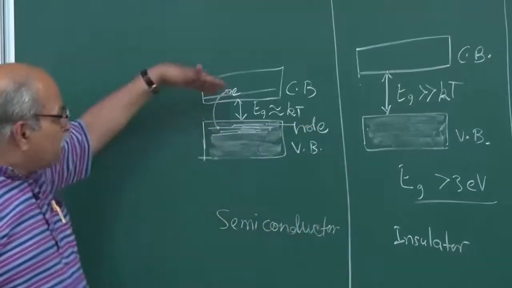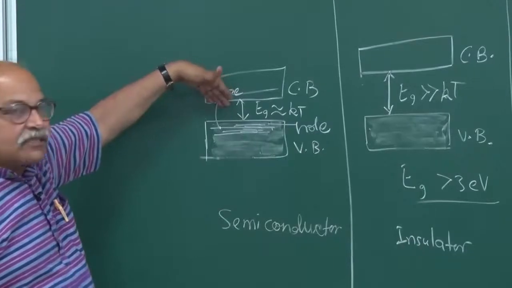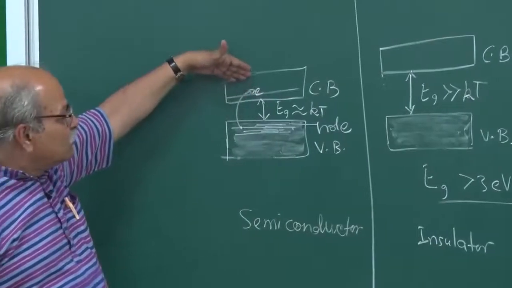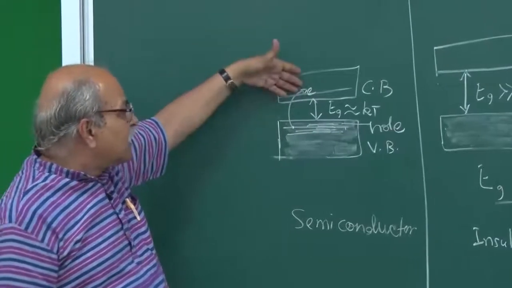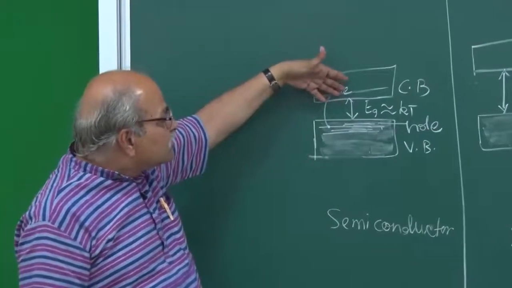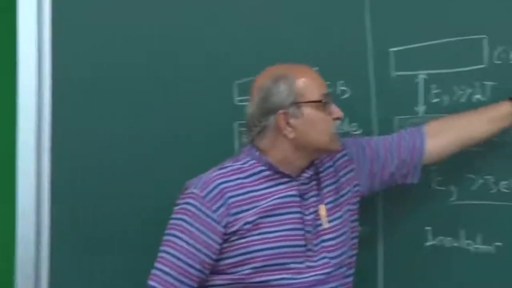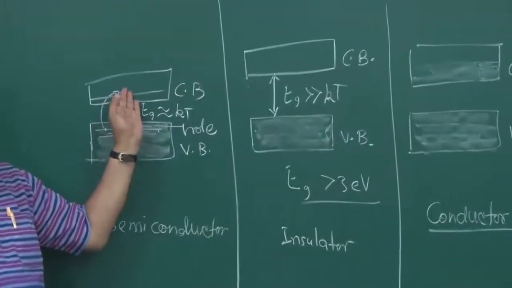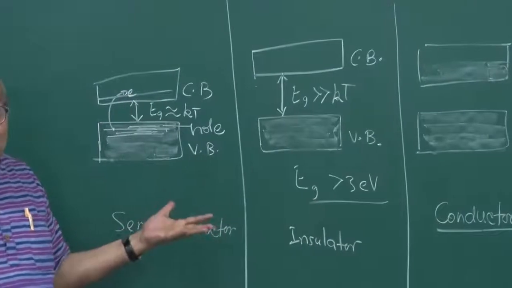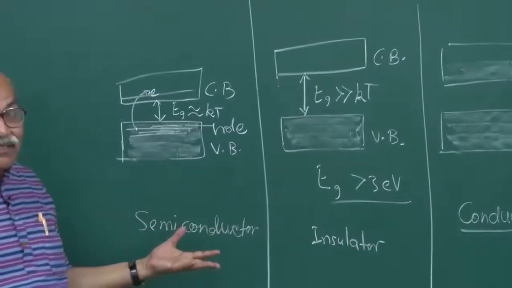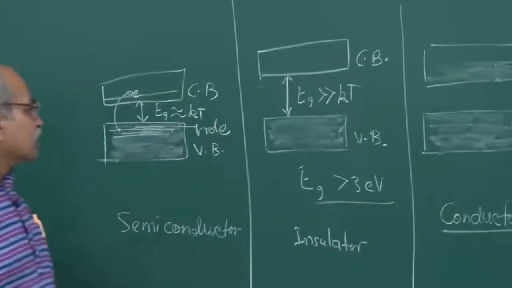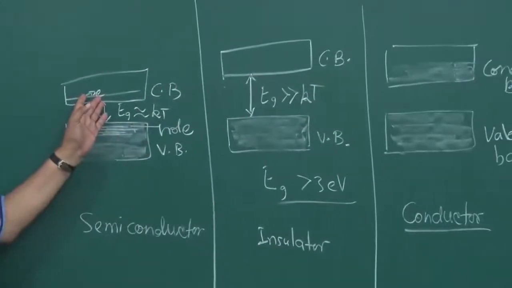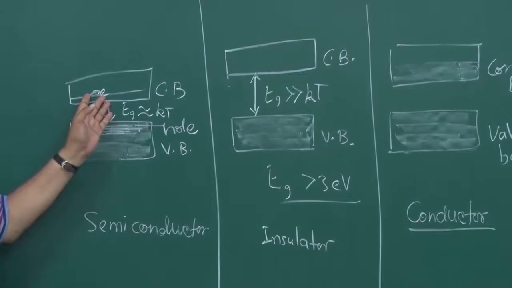Okay, so you do have some conduction electrons in the conduction band. And remember, there is a large number of empty quantum states. So if you apply an electric field, these electrons will respond just like these electrons. Now there are some sizable number of conduction electrons, although it's much less than the case of the good conductors, but some conduction will be there. And also,